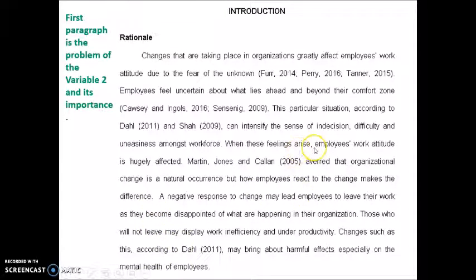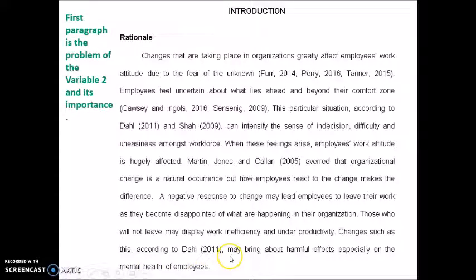Okay, sabi niya dito, a negative response to change may lead employees to leave their work as they become disappointed of what are happening in their organization. So that's a problem already. Okay? That's the problem already. Those who will not leave may display work inefficiency and underproductivity. Changes such as this, according to Dahl 2011, may bring about harmful effects, especially on the mental health of the